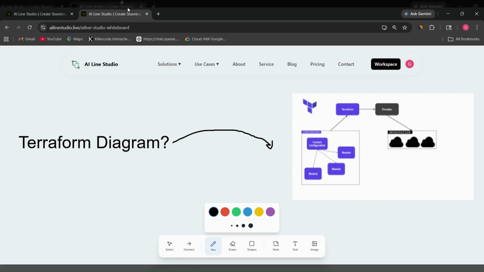and security components. With Terraform diagrams, you can convert that infrastructure into a clear visual representation showing how different resources are connected and deployed. This makes it easier to understand, plan, and explain infrastructure steps without going through complex code. So basically, a Terraform diagram in AI Line Studio helps you to turn your infrastructure as code into a clear and